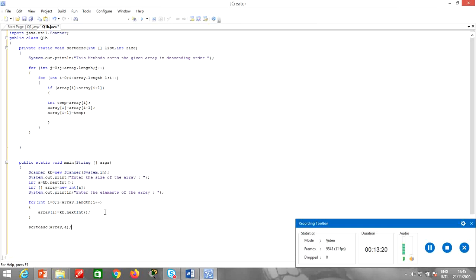Alright, now I go to the method. What are the changes that I need to make? So here my array name is list, and this is size. So instead of array.length, I can make it j is less than size. Here I can make it size minus 1. Or whatever, you can give any name to the variable. And here I have the list. It's not array because my array is list over here. So I'll make it list here,